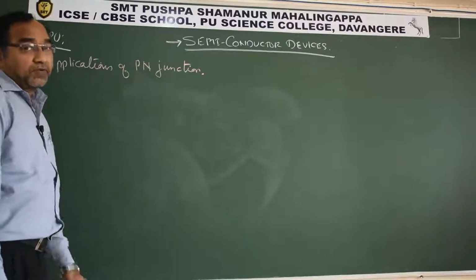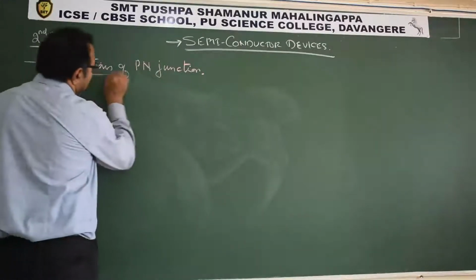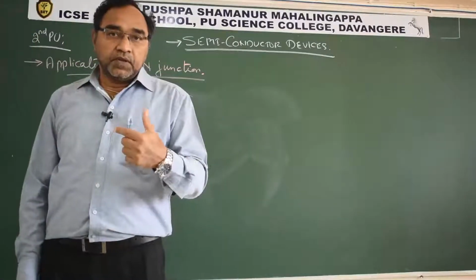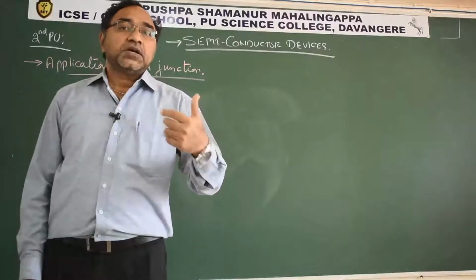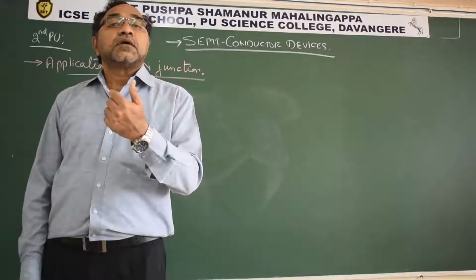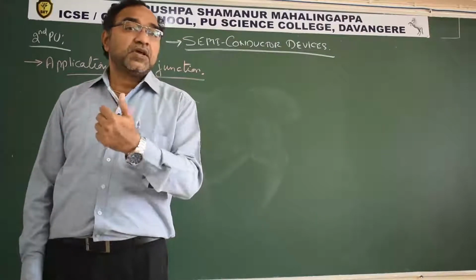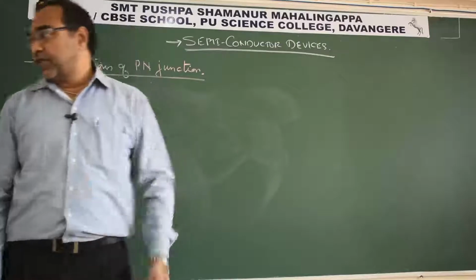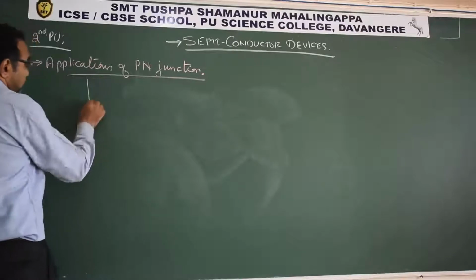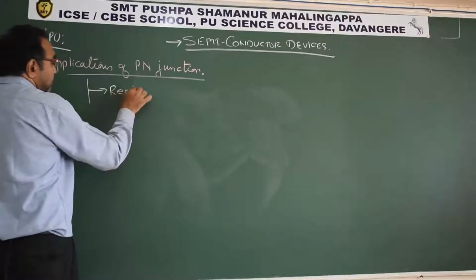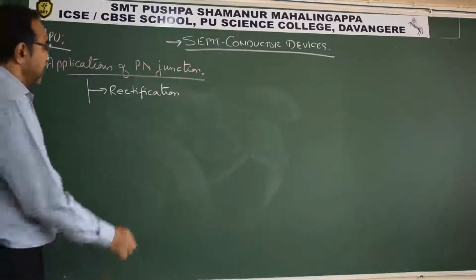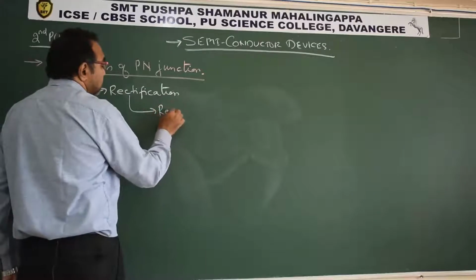So what are the applications of PN junction? When we talk of application of PN junctions, just now we have discussed a PN junction, a diode, is behaving as a conductor when in forward bias. We have seen in the previous class, and it behaves as an infinite resistor in case of a reverse bias. So this property is used where? Rectification. First application is in rectification, or rectifiers. The device is known as rectifier.